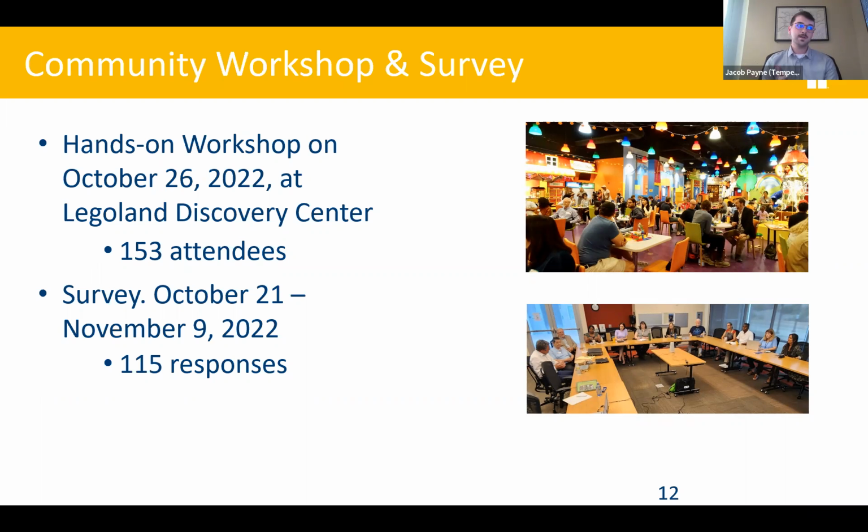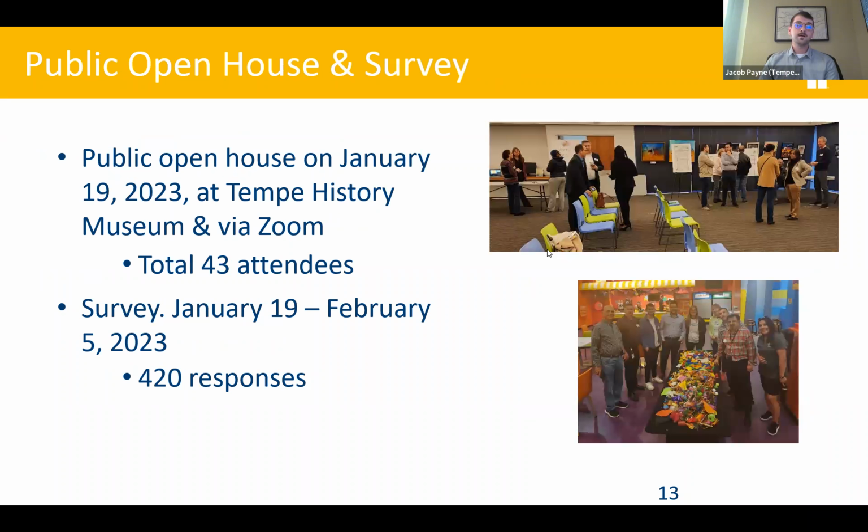And then running concurrently with that meeting, we opened our second survey, which got 115 responses. And then back in January, we did our second public meeting. This was a hybrid meeting. So there was a virtual component over Zoom, just like we're doing today. But in addition, we did an in-person open house at the Tempe Library, where people could walk around and talk with city staff members about pertinent chapters of the general plan and any questions that they had. And then we opened our third survey at that time, which was our most well-received survey of 420 responses.